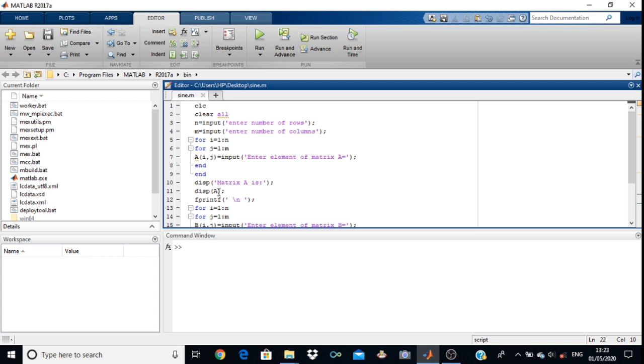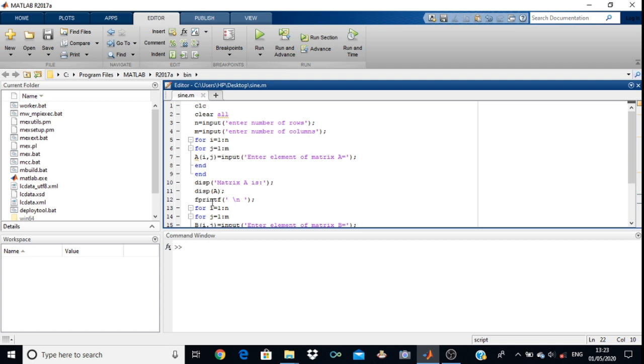And disp A means it will display all the elements which are there in the A matrix. Now in this case you don't have to write the inverted commas. If you write inverted commas, then it will display only A, but you want to display the elements which are there in the matrix A. So make sure that you don't write inverted commas.